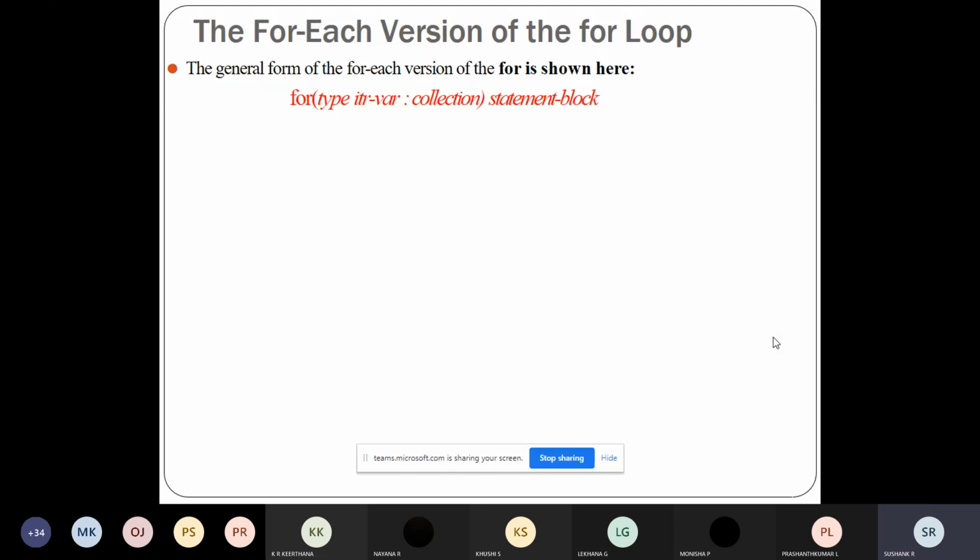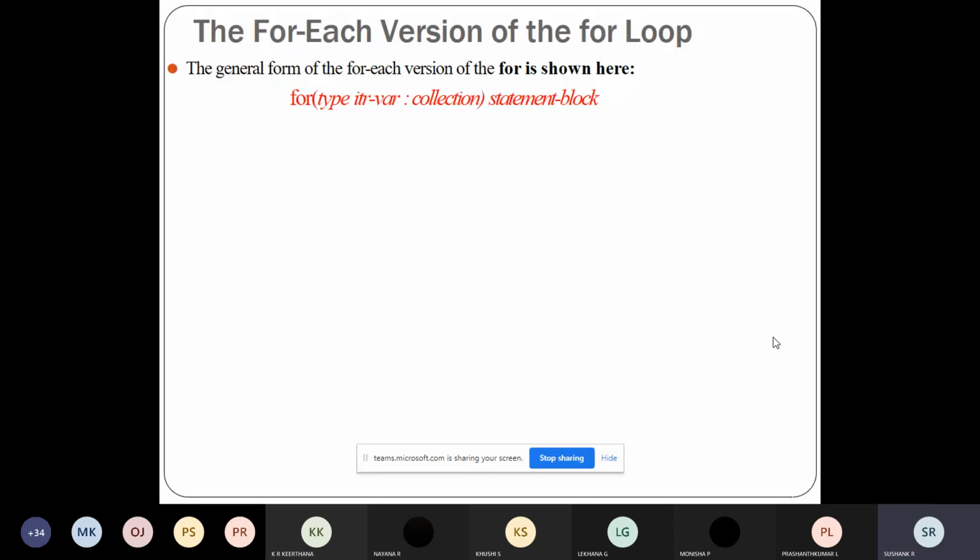So we have studied while loop, do while loop, for loop in C, C++, Java. In Java, additional to while, do while, and for, we have the for each loop. We will call it the for each loop or extended for loop also. Some will call it the extended for loop also. So what is this for each loop?